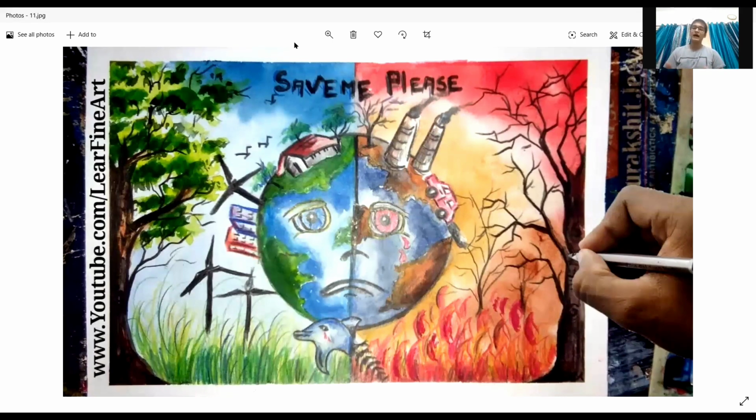And on the other hand, we can see there are birds flying all around, and there are green trees, houses, buildings, but Earth is still not happy because it is not what it used to be. And this also gives us a message that it's high time that we look at our activities and we need to change our habits so that the Earth doesn't turn into what it is warning us it can be. Thank you.